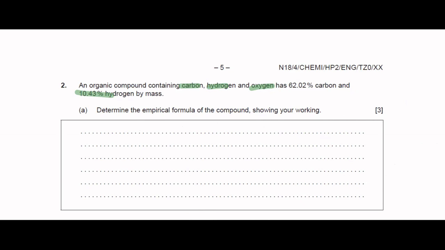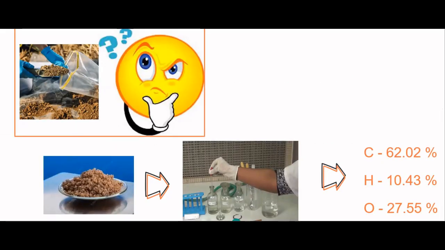So now let's try to understand it with the help of a diagram. In this diagram, you can find that a person is collecting a sample of soil. It might be to check the acidity or basicity of the soil, or to check the various nutrient content, or the presence of various elements. For some reason or the other, the sample is taken.